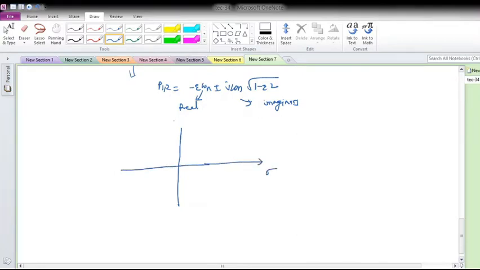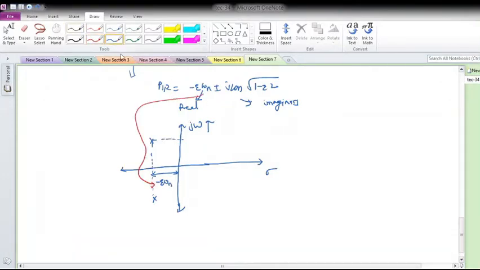Okay, this is the S domain, where the x-axis is your real axis and the y-axis is your imaginary axis. Let me take any arbitrary pole location here. If this is a pole location, what will happen? It has to be complex conjugate. Why complex conjugate? Because with this only I'll get real coefficients. And what will be this part? Basically this length will be minus zeta omega n, as it is the real part.